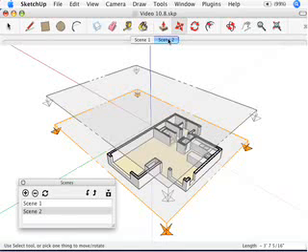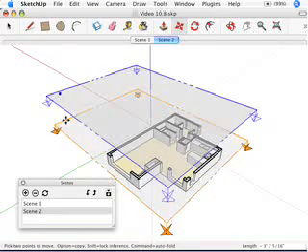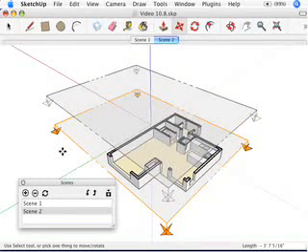The big thing that I want you to take away from this is if you want to have two scenes and have an animation of a section plane between those two scenes, you need to have two section planes. It's not going to work if you only move the one section plane to a new place for the second scene. Okay. I hope that's awfully clear,